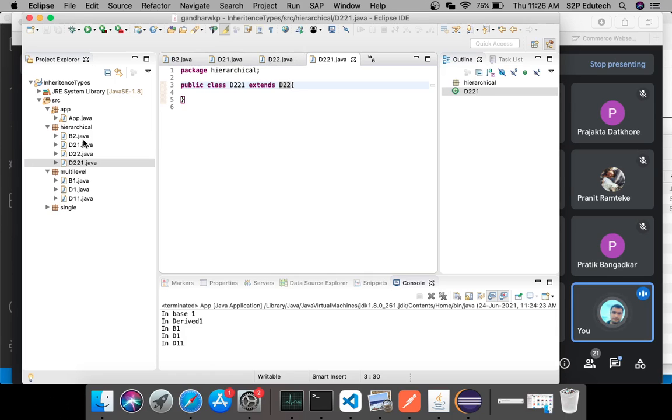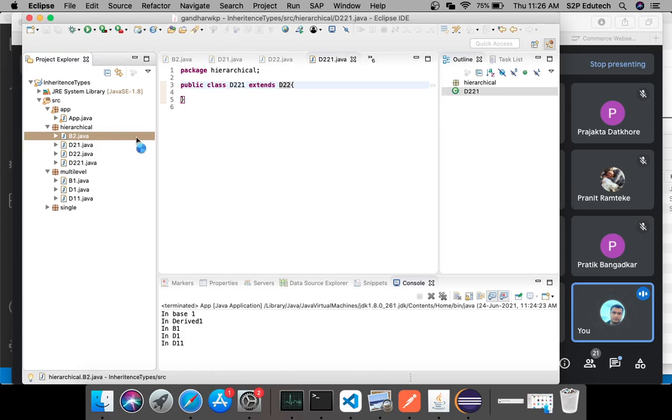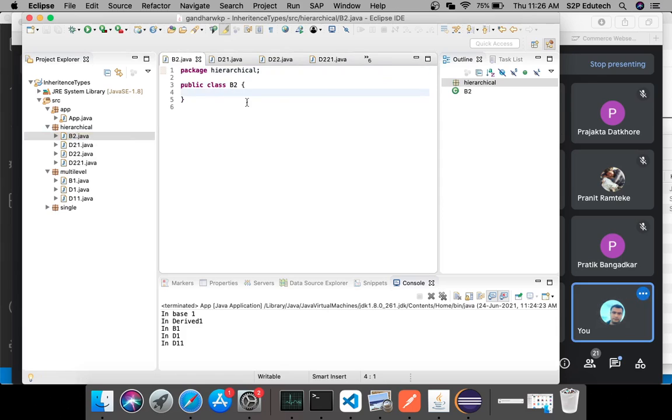Now I'll create constructors, simple public default constructors.